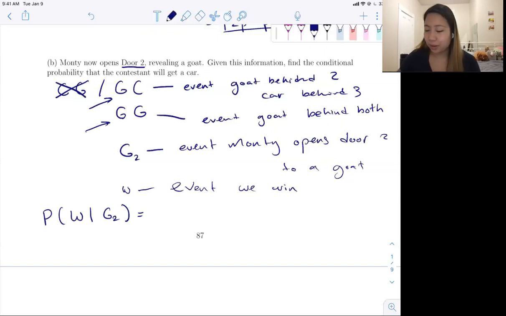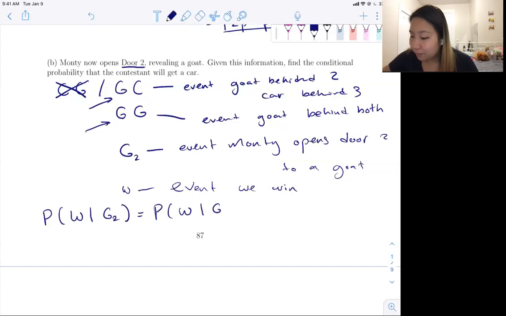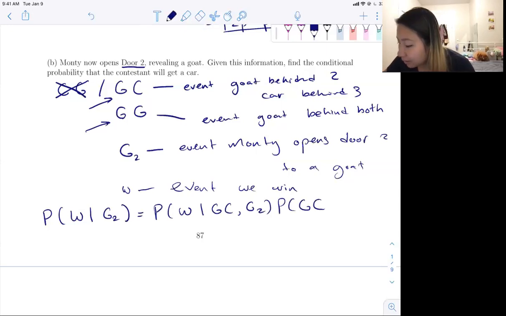This is going to be the law of total probability with extra conditioning because we have goat 2 here. We just throw in goat 2 behind every term in the usual LOTP. So probability W given goat C comma goat 2 times probability goat C given goat